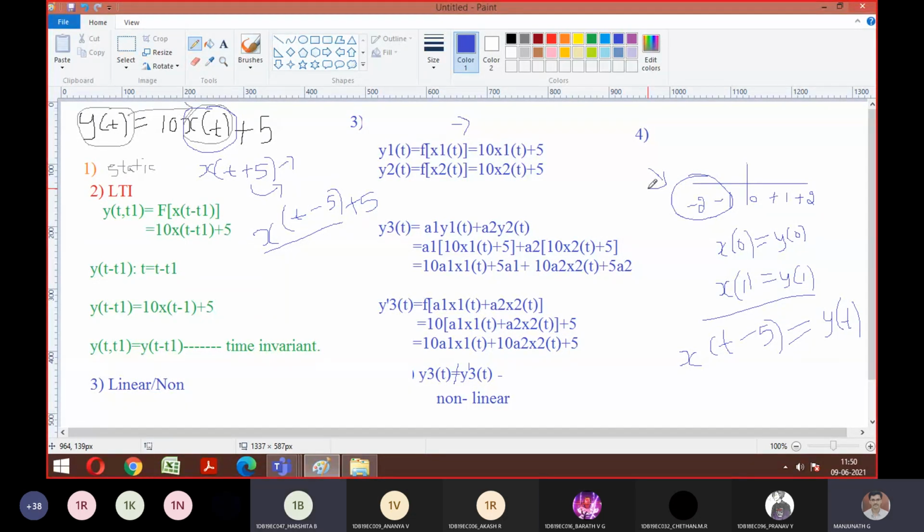If you have doubt, you can ask here. So similarly, if it is x of t plus 5, now look at things. If I give t is equal to 0, I am getting output, y of t is depending on x of 5. So I am at the present state 0, but I am getting the future values of 5. Similarly, if I give 1, it is going to be 6, 2, 7, and so on. It is towards the positive side. So for the present value, if you get the future value, then the system is said to be non-causal.